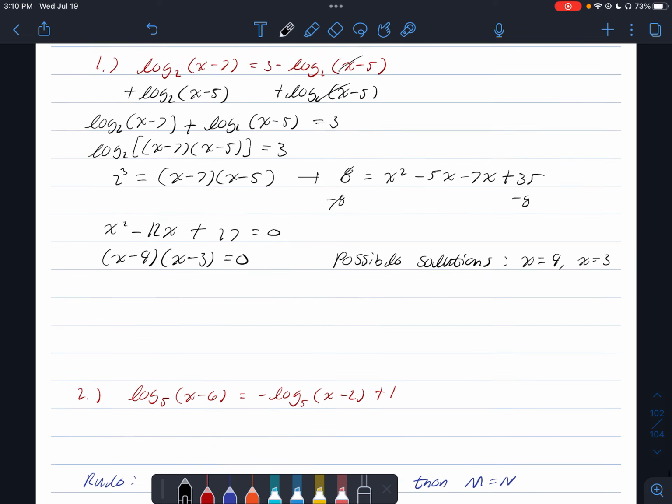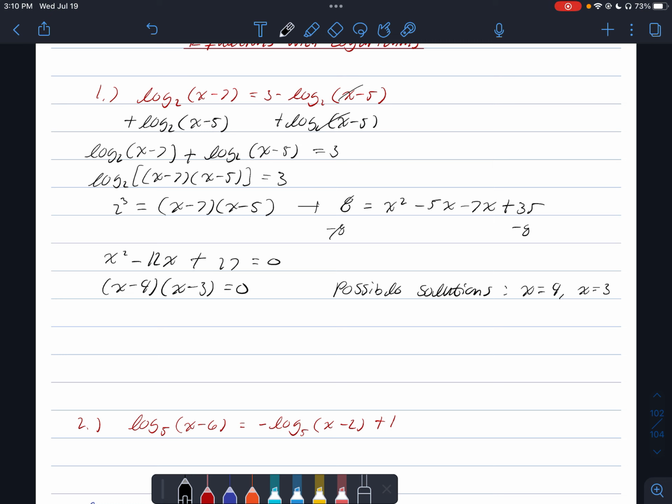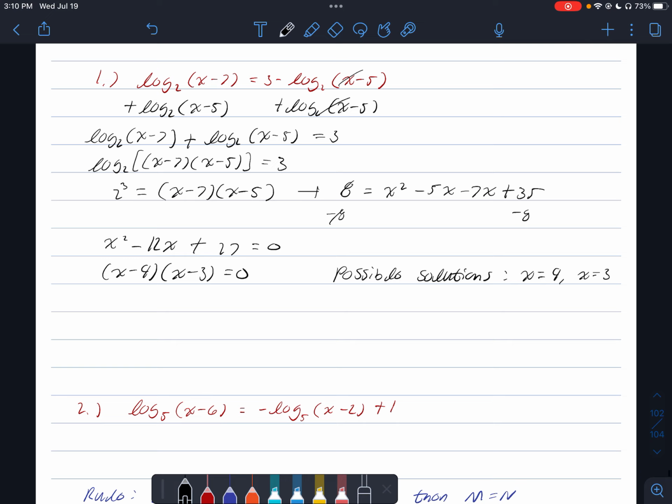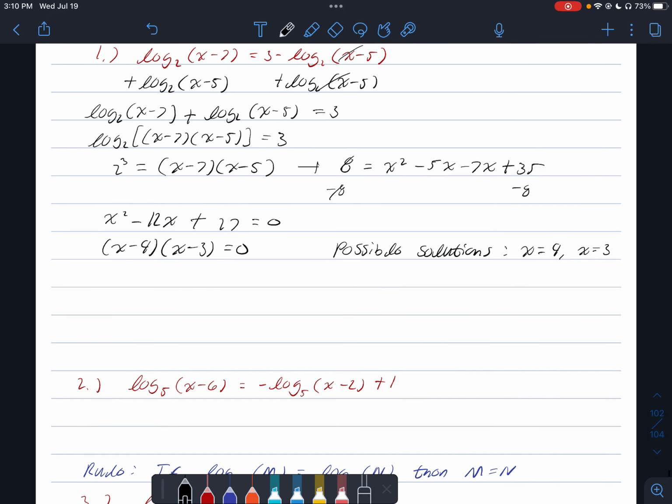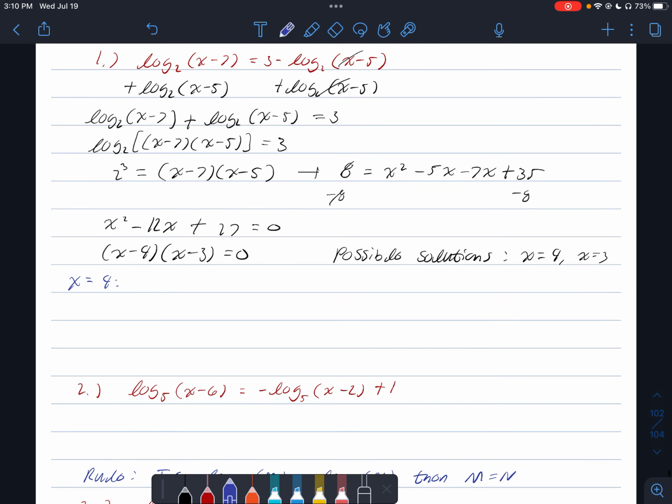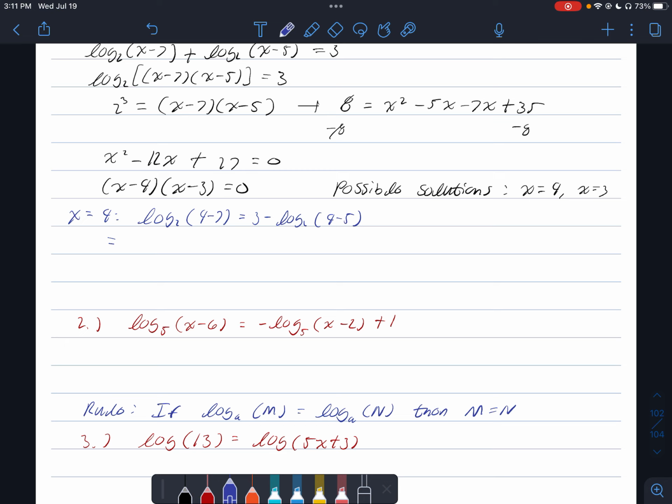But we're not quite done yet because we have to check that both of these solutions would make sense. Okay? So let's start with x equals 9. So we have log base 2 of 9 minus 7 is equal to 3 minus log base 2 of 9 minus 5. And this is equal to log base 2 of 2 should be equal to 3 minus log base 2 of